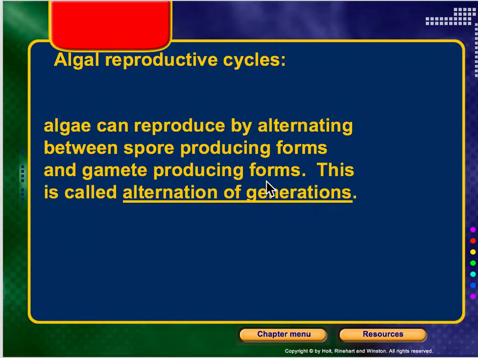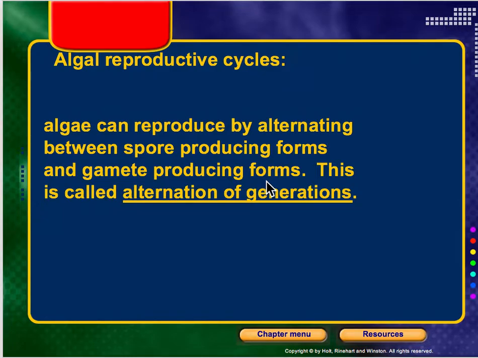Put this slide in here because your book gives a lot of information on what is called alternation of generation, and this is a type of reproductive cycle in algae. Now, algal, remember, is plural of algae. So this is a type of reproductive cycle. Before, when we had binary fission and multiple fission and conjugation, that was for our single-celled, but with algae, they